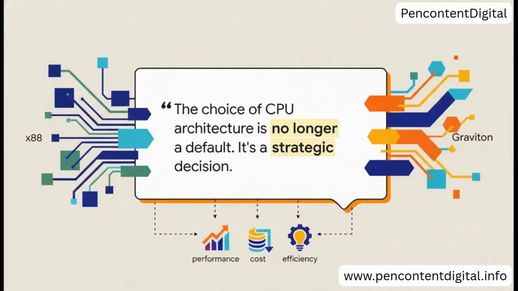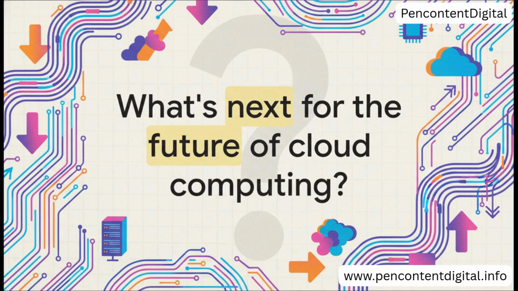The key takeaway here is simple, but it's profound. For years and years, the choice of what processor to use was an afterthought. It was a default. Well, not anymore. It's now a core strategic decision that directly impacts your performance, your cost, and your overall efficiency. The challenger has absolutely proven it can not only compete, but that it can win in some really key areas. And that has fundamentally changed the entire landscape. So the question we're all left with now is, what does this intense new competition mean for the future of cloud computing? And what kind of amazing